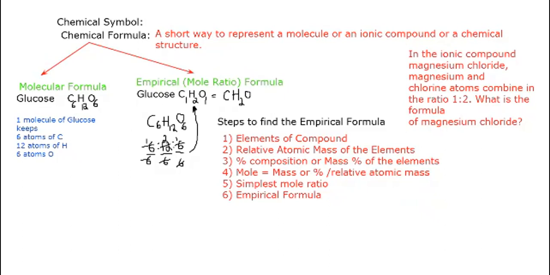Now this is the element, but we also need atomic masses. How can we get the atomic masses? From the periodic table. Now the third one, the percentage composition by mass. Why do we need such kind of mass? Because to find out the mole and the simplest ratio. But we can see that the ratio is already mentioned, that is 1:2. So how can you certify that this is the empirical formula? I'm going to write it down this way.